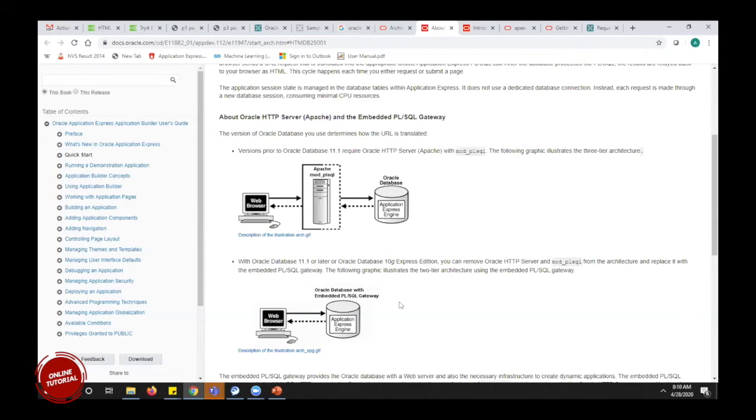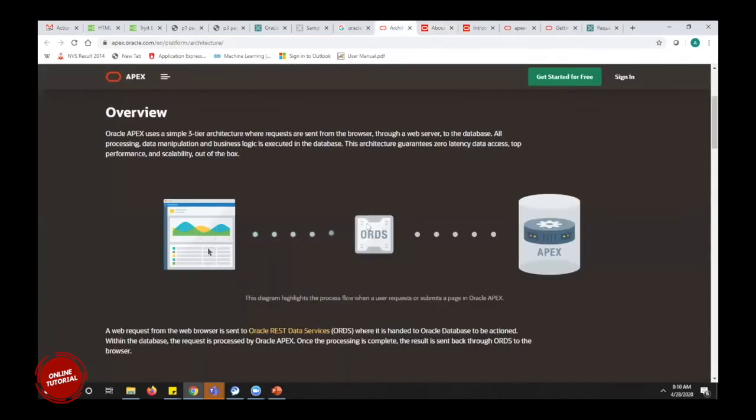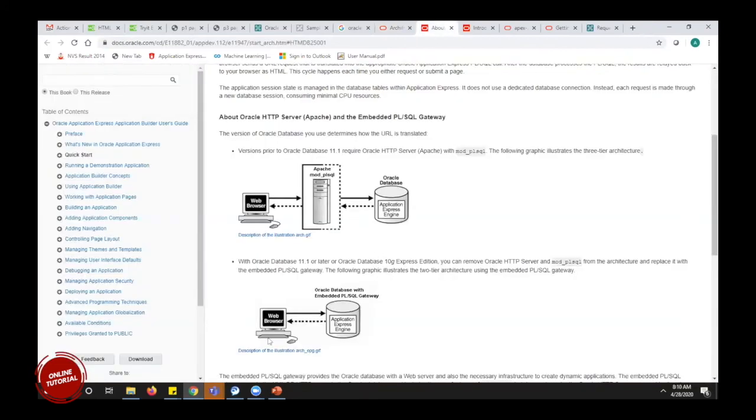We took this ORDS to the Tomcat, and the Tomcat was connecting to the database server. Okay. So this is what this whole architecture is about.